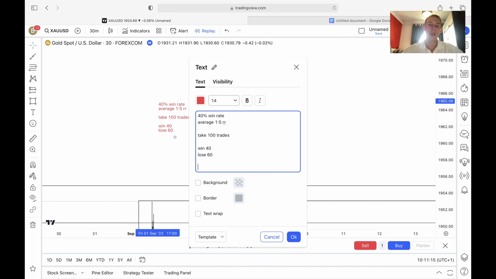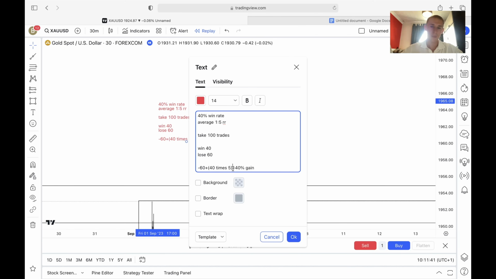We're risking 1% per trade, so the losses would total minus 60%, and the wins would total 40 times 5, because our minimum risk to reward is 1 to 5. 40 times 5 is 200, take away the 60 would be 140%